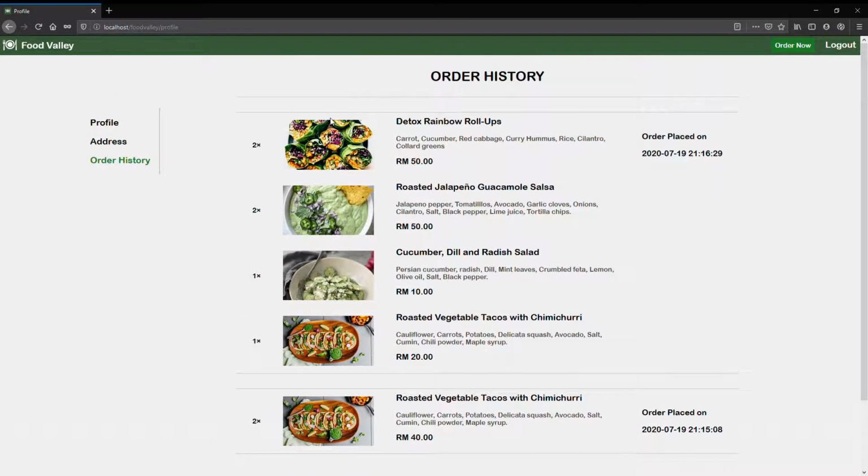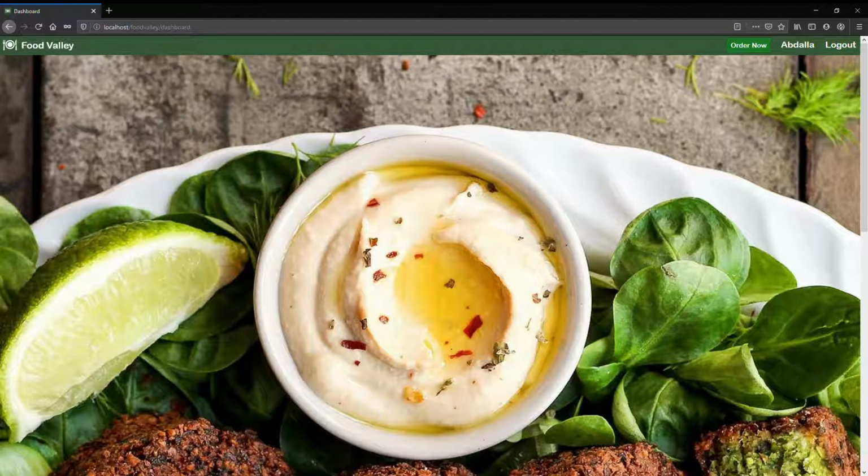Each order made is grouped alone, so that the user can differentiate between them by this horizontal line. And basically that's it. Another thing I forgot to mention is if the user is already logged in,